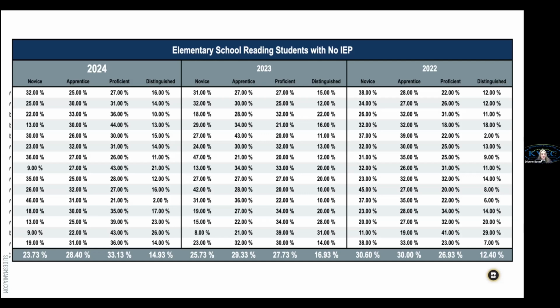And this is our most recent data that, of course, was released in the fall around how students with disabilities versus non-disabled students were doing. And so you can see those were just arranged by the districts that are in the KVEC area. But you can see on this chart that we see 23.73% of the kids were novice in the KVEC region. So we'll pause right there for just a second. Are there any other things that you notice about this data?